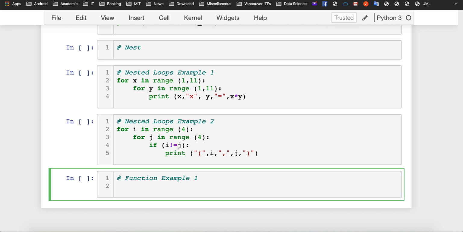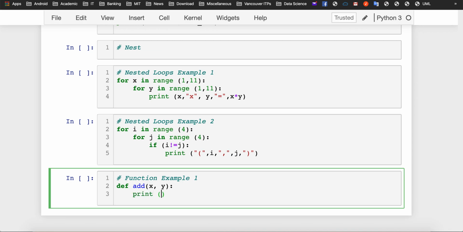So obviously the first thing is to declare the function. Always before calling the function, ensure that you declared the function. We use the keyword def in Python to declare a function. Then we say add, and we expect to receive two arguments. Let's just call them x and y. And then